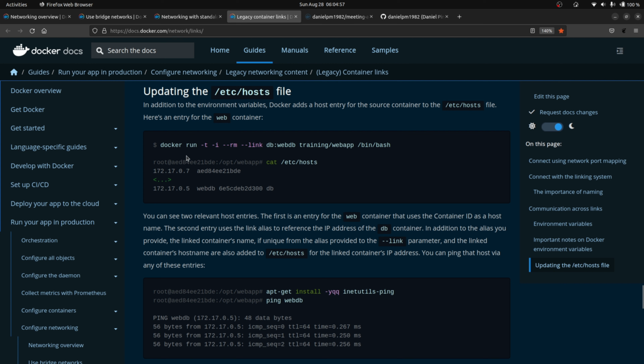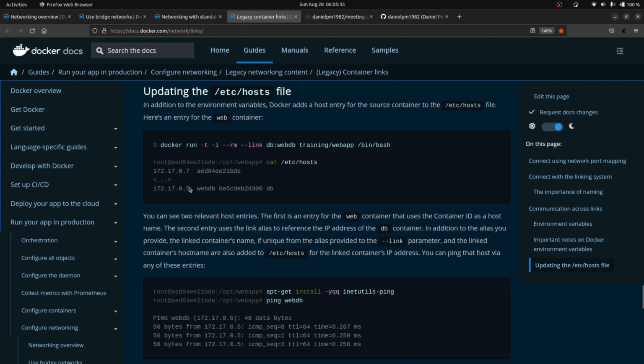So it then gives a sample demonstration of the content of this file, which includes not only the IP for that container ID, but also, in case that recipient container does have a link to a source container, also this file at